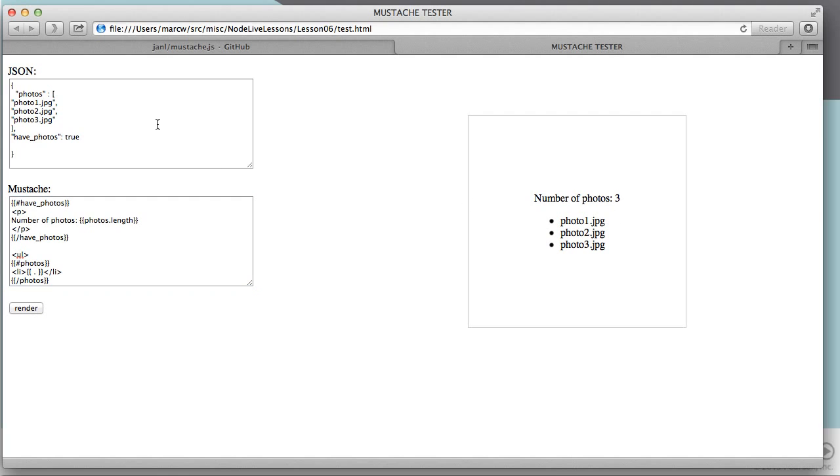Now it'll only execute once because this is just true. If I get rid of these and change this to false, I still get the same effect. So I have to do a little bit of extra work, but I still have the full power of Mustache, and I can still generate some pretty cool